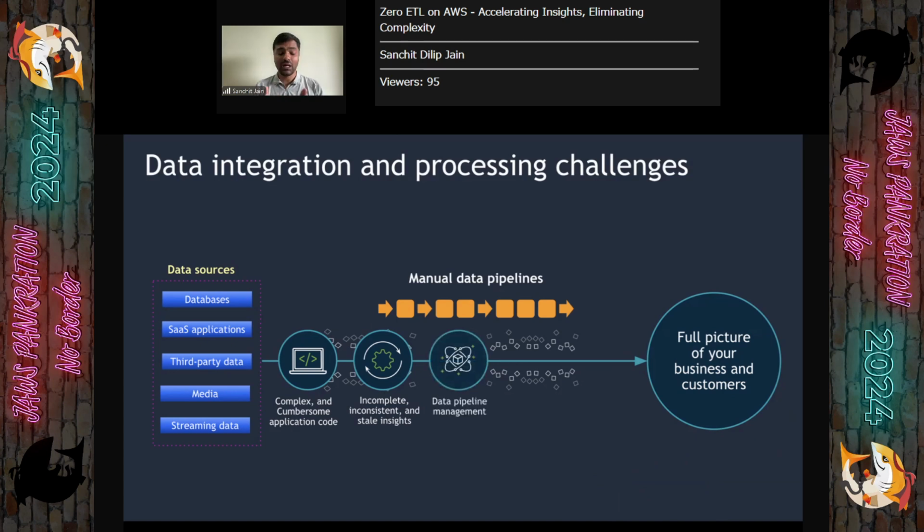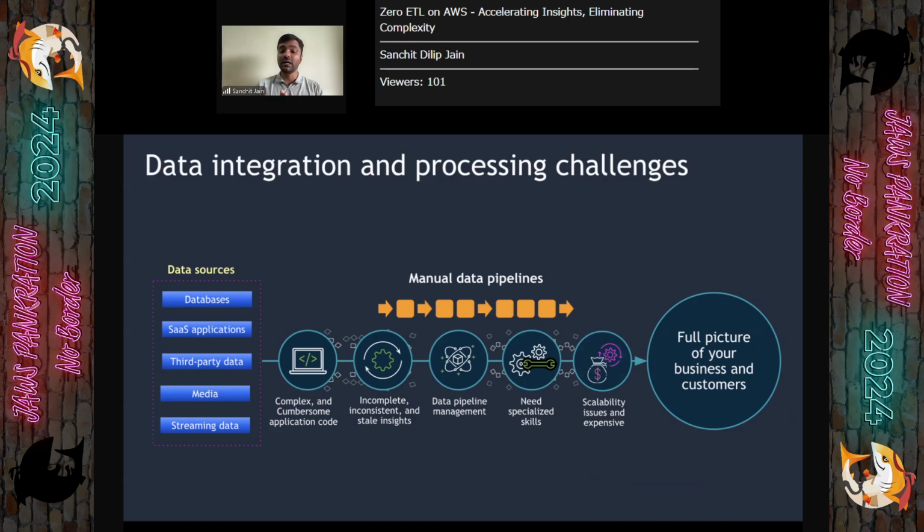Data pipeline management, again, is a nightmare. I've been working for 9 years outside, 6.5 to 7 years as a data management, data architect guy. It's a nightmare. You never know. One bad piece of data can lead to a failure of your entire pipeline, and you don't even know what failed or why it failed, and you need to spend your nights to figure it out. And with that, you need the right people, practitioners and experts, who know how to fix and troubleshoot it. And that's where it becomes expensive in terms of people, processes, and technology.